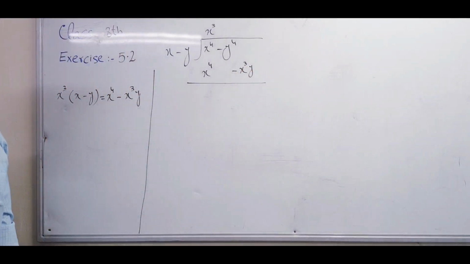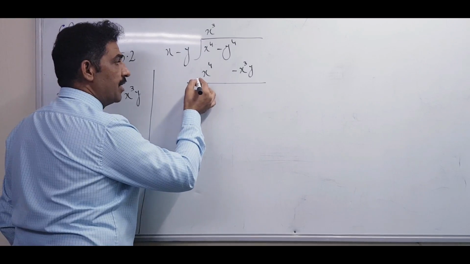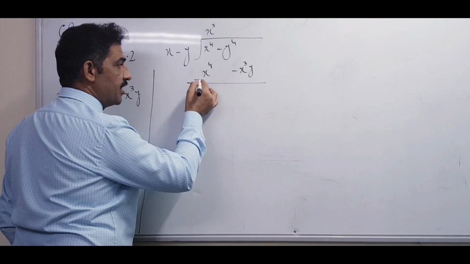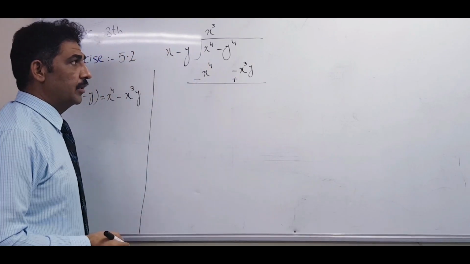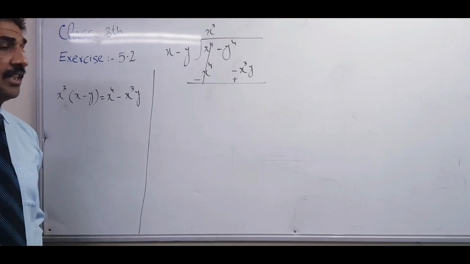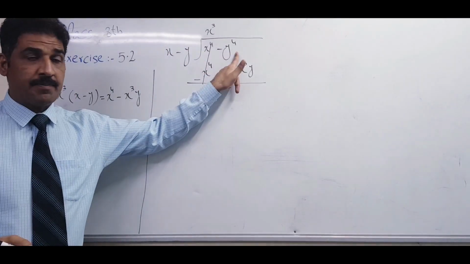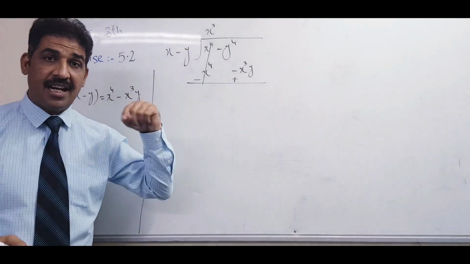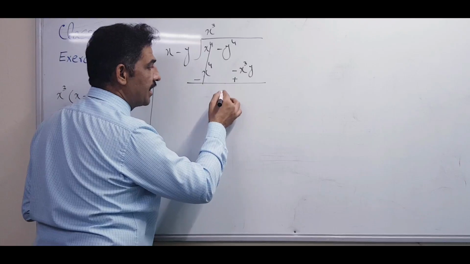According to the rule of division, we have to subtract the second polynomial, but in algebra the sign of the second polynomial will be changed. Here plus, so change into minus, and here minus, change into plus. The first term is always cancelled. In such a way we have to multiply the first term. The next term, you don't write y raised power 4. We have to write the x with the highest power, that is this one. So we will write that x cube y.